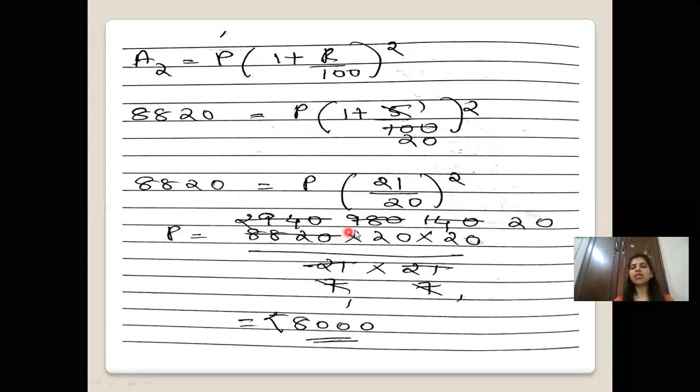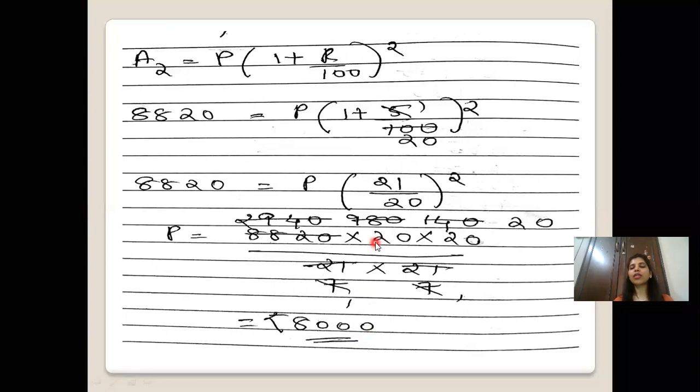So 7 ones are 7, 2 carry over, 7 fours are 28, 0. Again 7 ones are 7, 7 twos are 14, 0. So now you don't have anything in the denominator, multiply the numerator. So you can see it is 0 0 0 over here with 2. So multiply: 2 twos are 4, 4 twos are 8, and just write these 3 zeros after it.